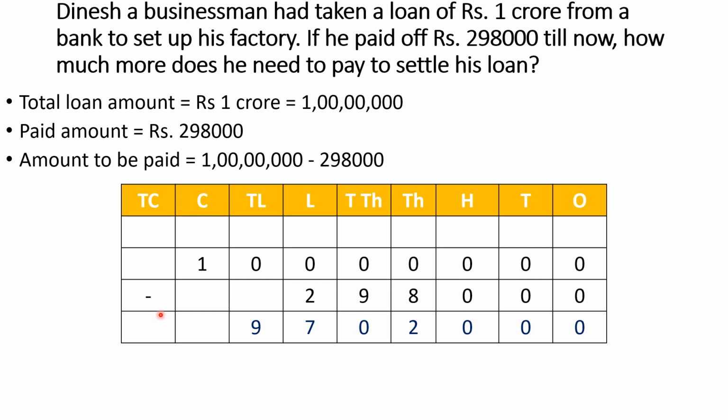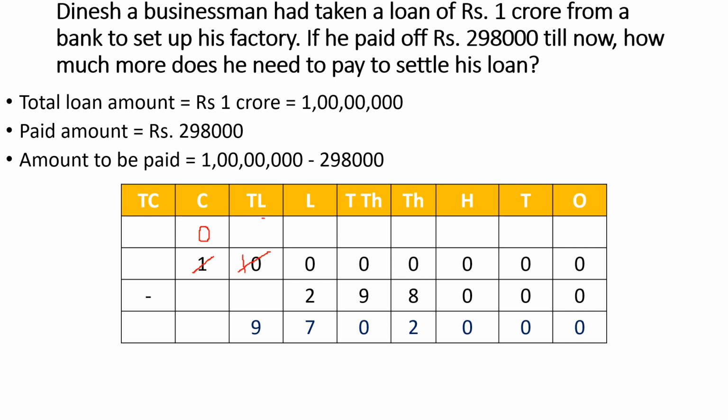We will write these numbers in the place value chart and we will do subtraction. How will we do subtraction? Just see here, 0 minus 0, 0. 0 minus 0, 0. Here 0 minus 0, 0. But for this, 0 minus 8, 0 is less than 8. So what will we do? Yes, we will borrow. So from this 1 we will borrow. It will be 0 and it will be 10. Now we can borrow from here.